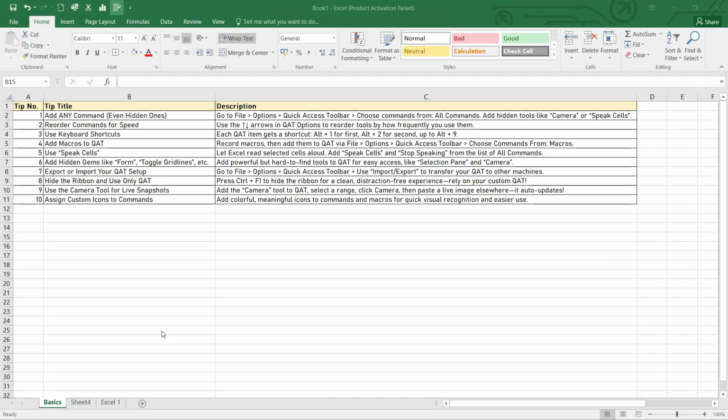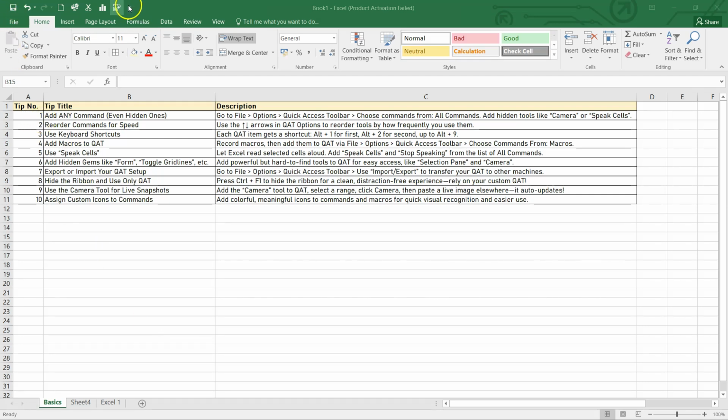And there are certain other things that you can do while you'll be learning macros with me. I'll be telling you about that later on. But as we go ahead, I would like to tell you some tricks and tips here. So suppose I want to add certain commands. We learned how to add commands from the popular commands that are there. But you can even add any other command also to the Quick Access Toolbar.